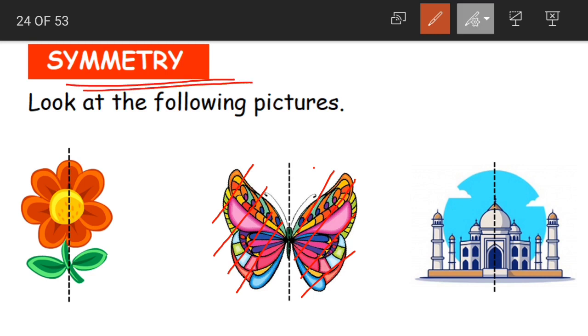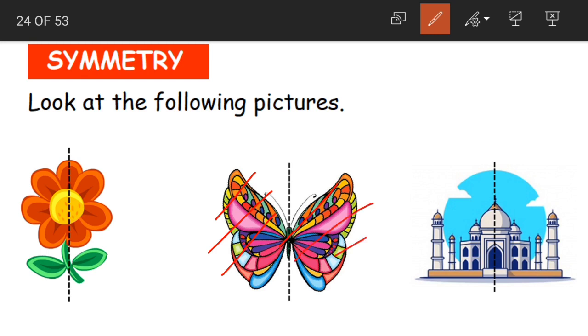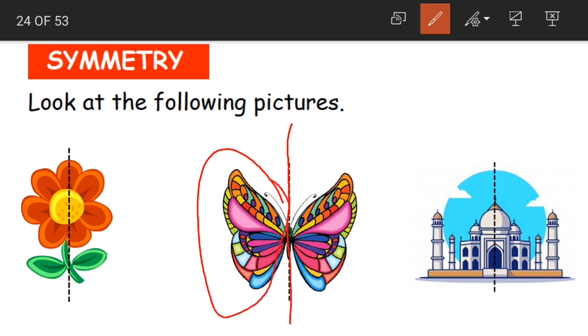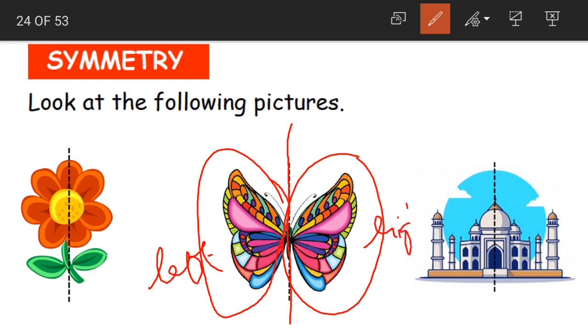The object is symmetrical. What is symmetry? Symmetry is the property where both the halves of the object are the same or identical. They are like the mirror images. Like for example, when you look at yourself in the mirror, do you see any change? No, right? As you are, the same picture is shown in the mirror. So in the same way, if you consider this line as a mirror, the same picture that is on the left side should be there on the right side as well.